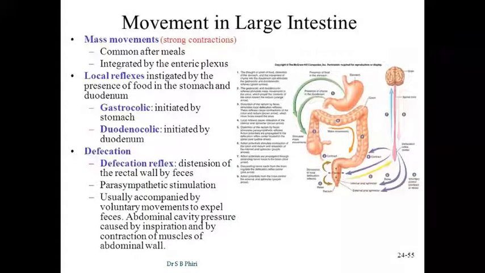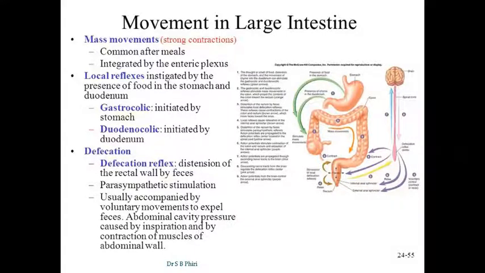As you are eating, certain information is generated from the stomach, and then it goes to the colon to cause an increase in the motility of the colon, to evacuate the colon so that the colon is ready to receive another chyme coming from the meal that you are eating. So after you eat, the mass movement in the colon is going to increase because of those reflexes. That depends on the integrity of the enteric plexus, especially the myenteric plexus, that is between the longitudinal